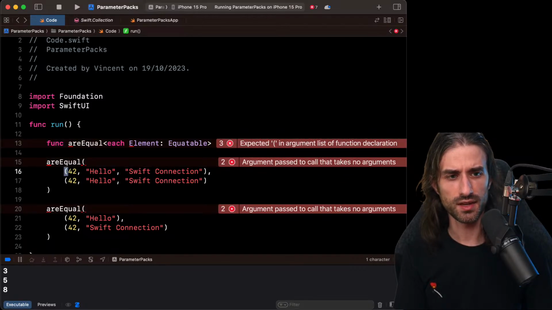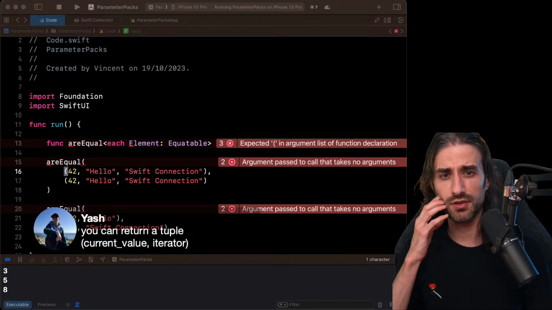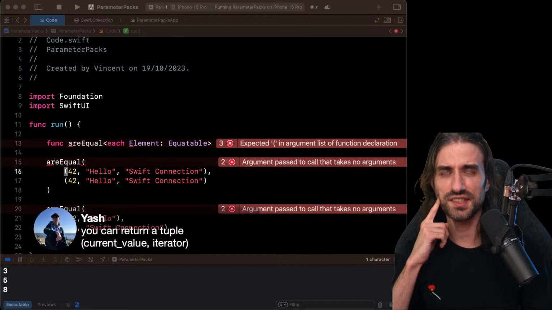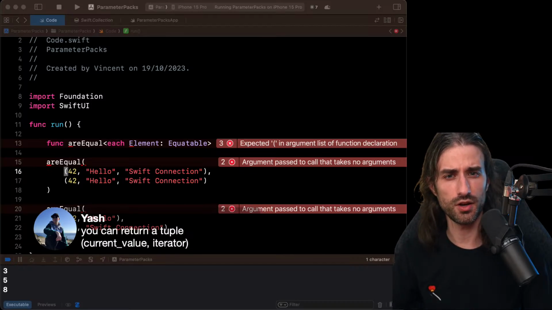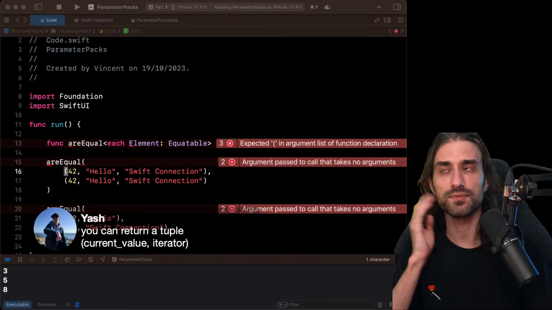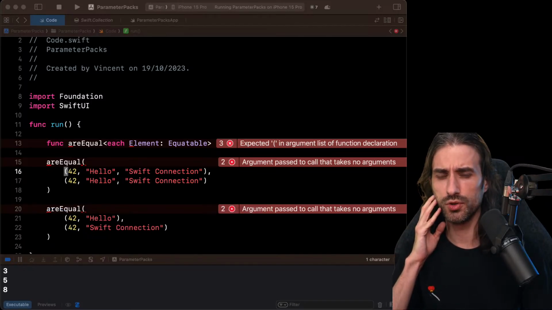And you're saying, Yash, you could return the total count, current value and iterator. That's an interesting one. I hadn't tried it, but I guess you could do something like this, kind of like a reduce approach in a way. Maybe you could do it.